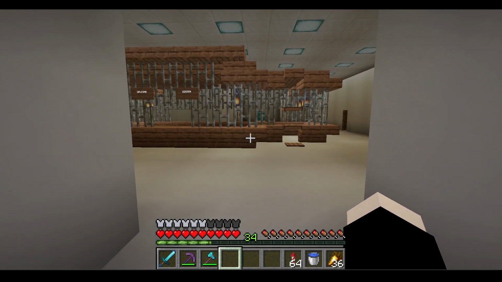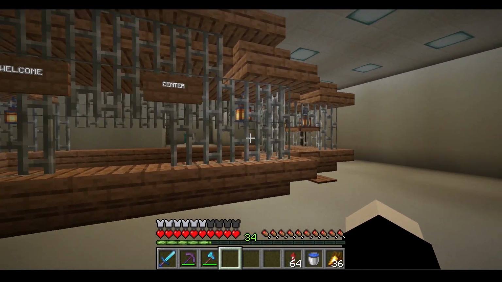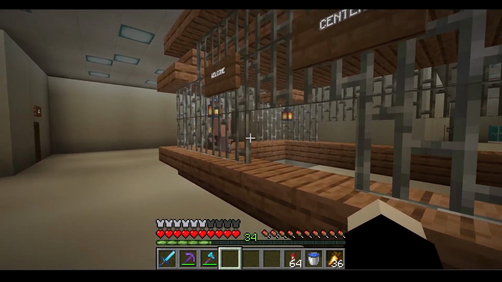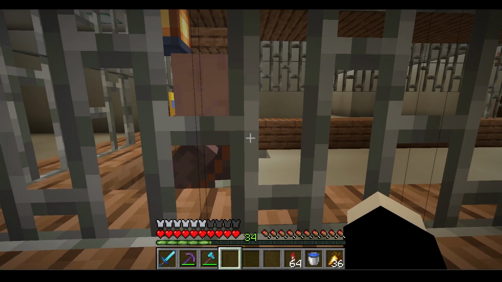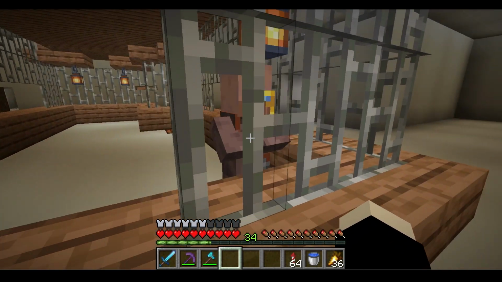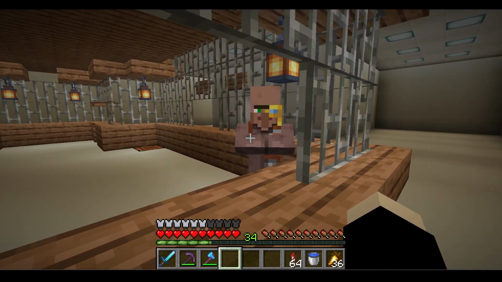Okay, and we finally got this done. So we got a welcome center, a nice area. We got a villager in here. I don't know why I did this, but it was the time. So we got this guy here. We named him after myself, Blank, and we